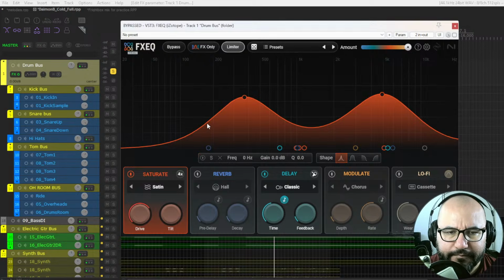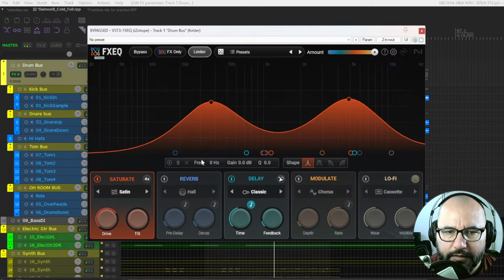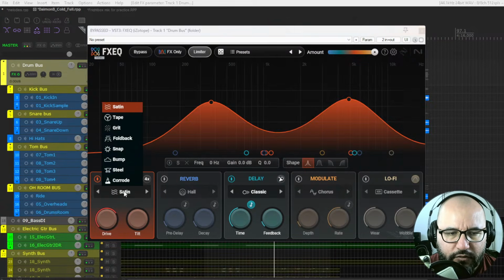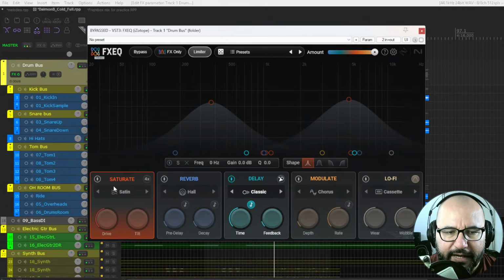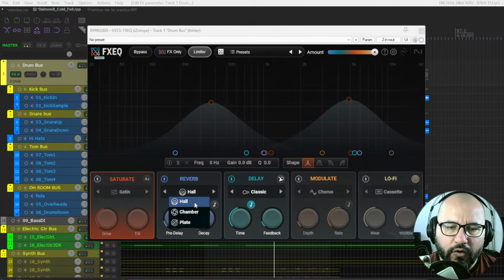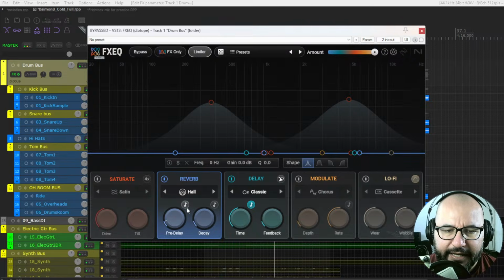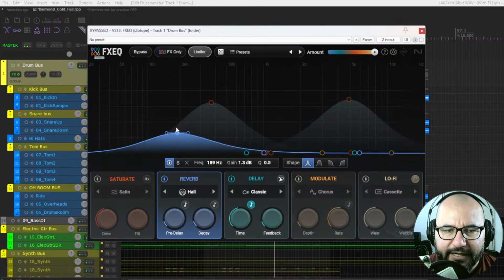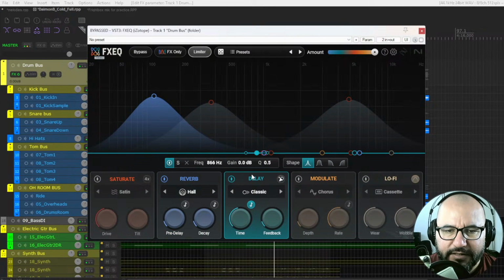We can add more bands here. And okay, so we have all of these types of saturation. We have drive and tilt. This is the amount of saturation, of course. 4x oversampling. We have this module. Next module is reverb. We have 3 types of reverb: room, chamber, plate, pre-delay and decay, which can be synchronized also to the project's tempo, and we're going to be adding the delay like in different